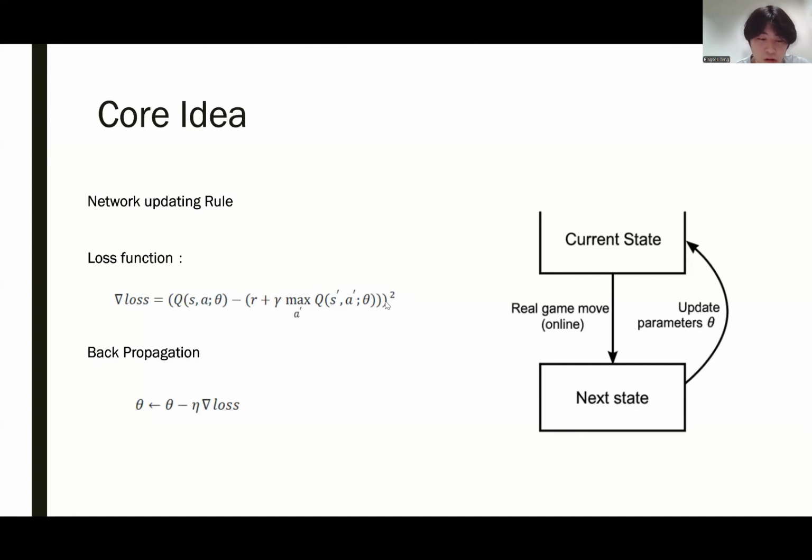In our design of online learning, there will be no look-ahead updates because the reward of the next state is not known. As a result, we must wait for the game to progress to the next state before we can update our network. As shown in the diagram, we need to move forward to the next state in order to observe the reward and update the neural network's parameters associated with the current state.